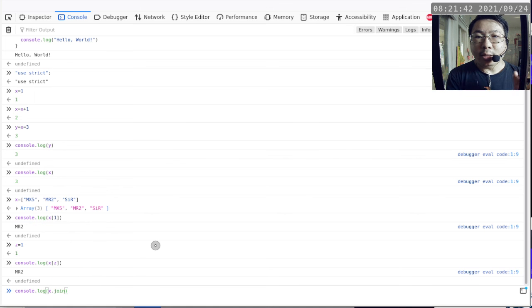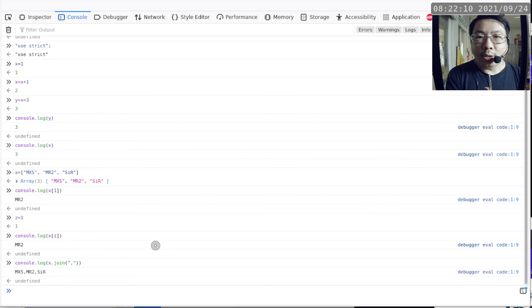So once again, a method is a subroutine that is a member belonging to a particular object. So X, which is a variable containing an array, which actually is an object in disguise, has a method called join. Inside join, you basically just have to specify what separator you want to use to separate a string that has all the items in a particular array. And then when we press the enter key, we can now see that we can generate mx5, mr2, and SIR as an array and as a string,